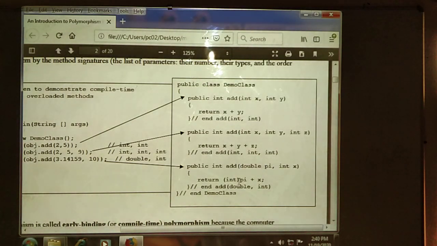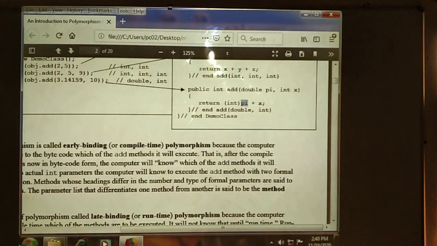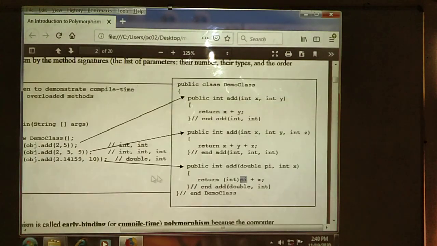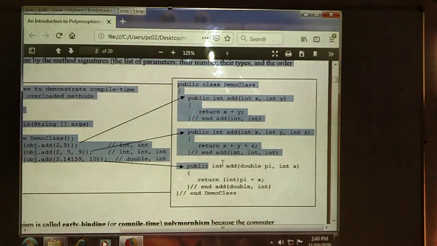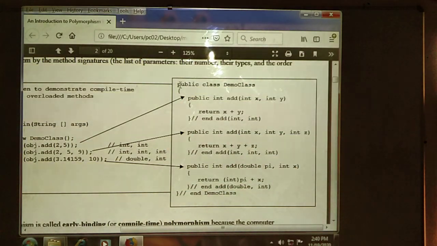Again we perform implicit type conversion, meaning we forcefully convert one type to another type. Here we forcefully convert to integer format. 3 plus the x value, how much have we given? 10, so the answer 13 will be displayed. We can see the example also, how to write that one. First we start with this onwards.